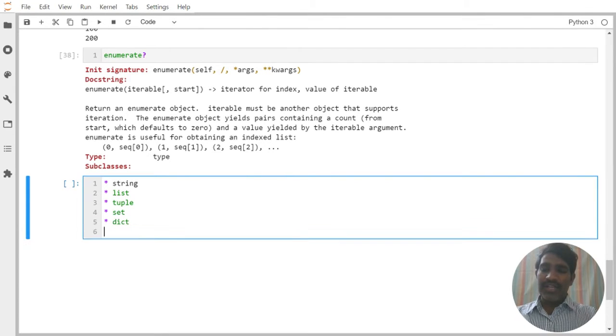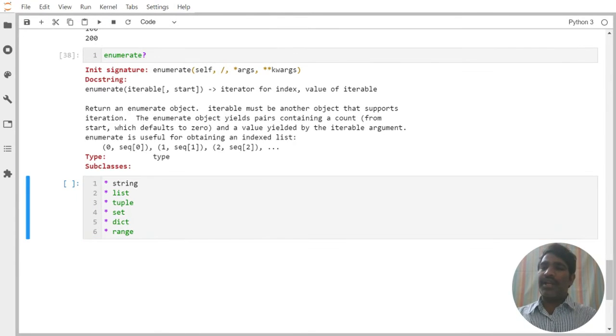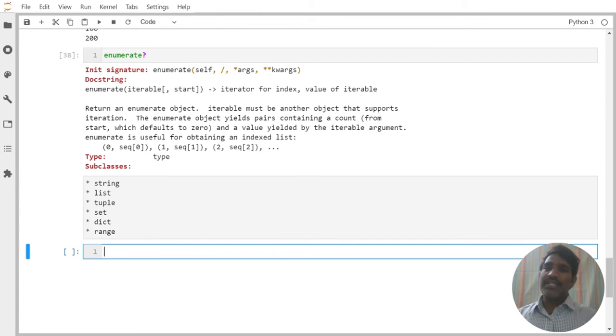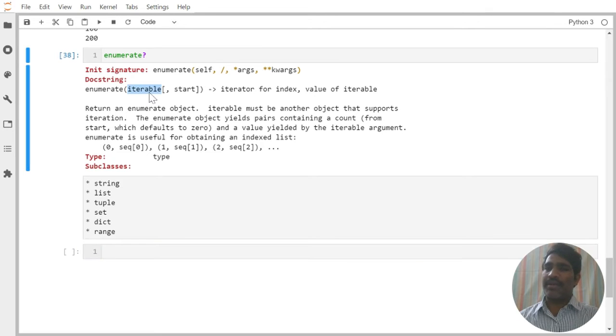And next is range. Range I already explained in previous sessions, but I didn't take it into the for loop; you can take the range also. So these are the 6 things we observed. This enumerate can be applicable for all of these data types. You can use it.